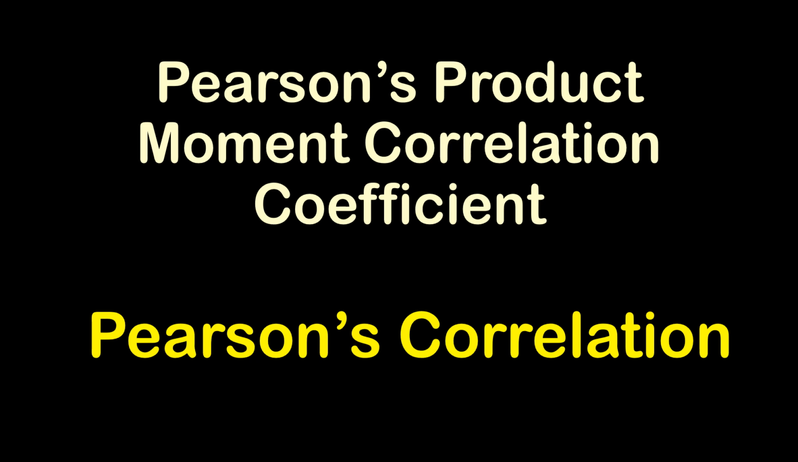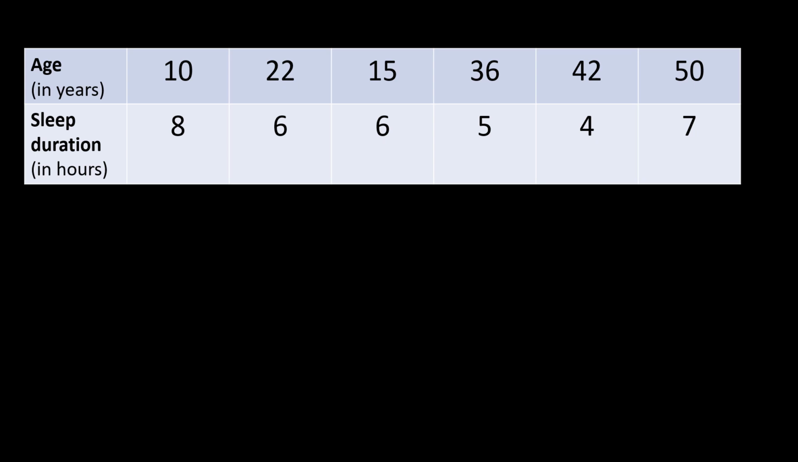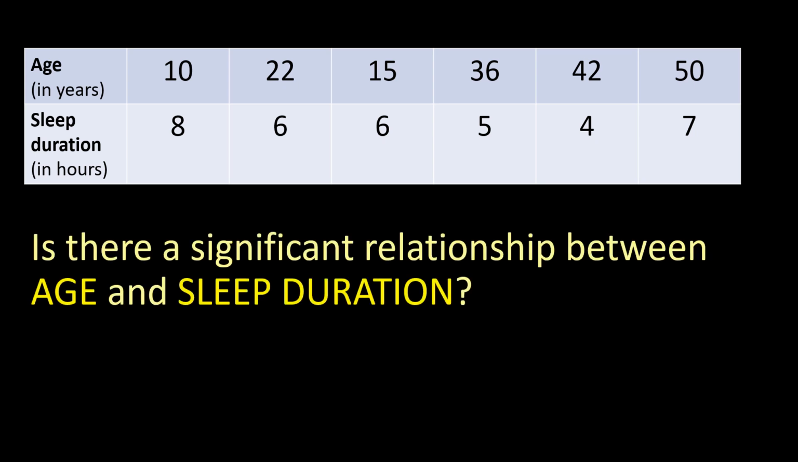So in this video, we're going to talk about Pearson's product moment correlation coefficient, or Pearson's correlation. Okay, so let's have an example of two variables, which are age and sleep duration. So the data are given, and we want to answer this question: is there a significant relationship between age and